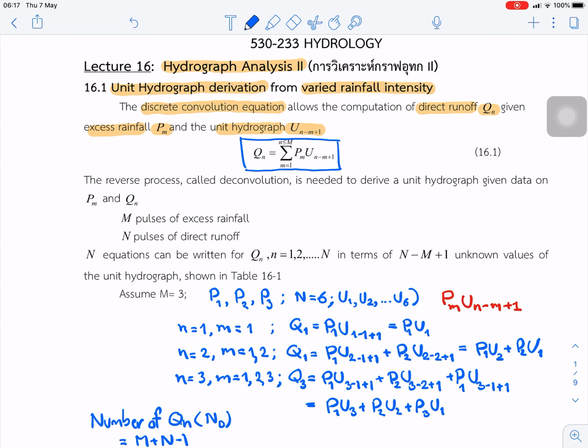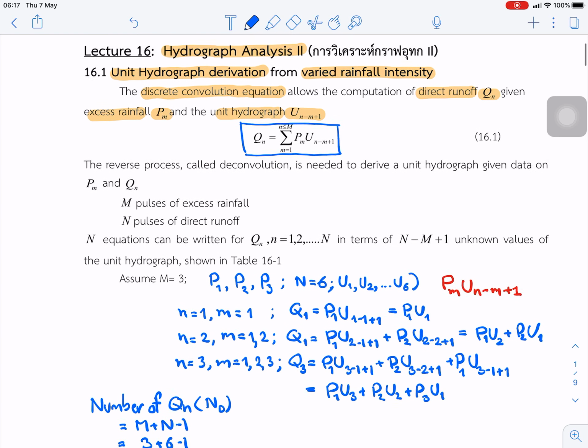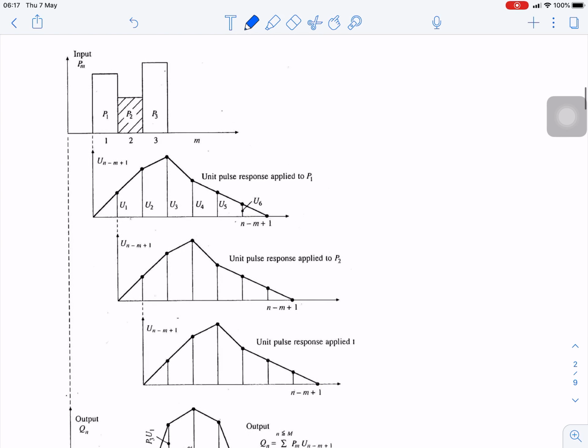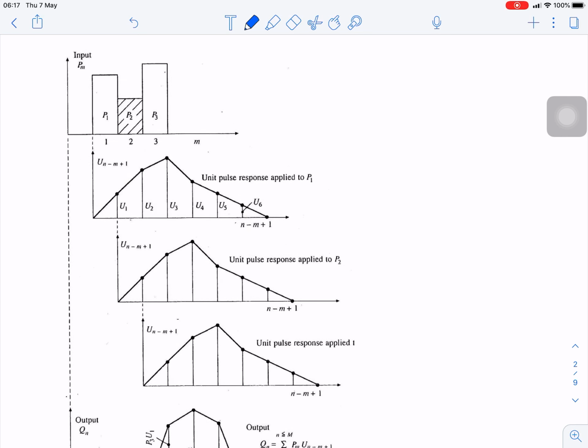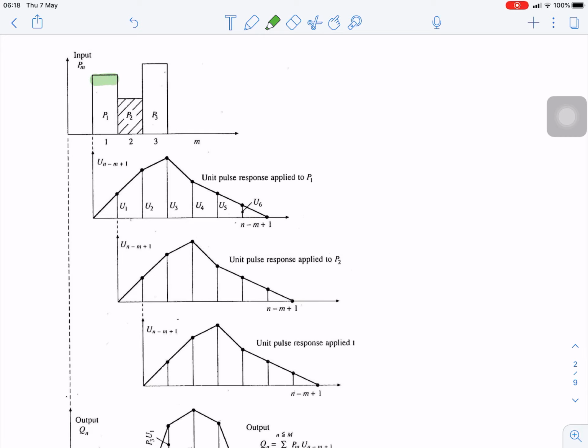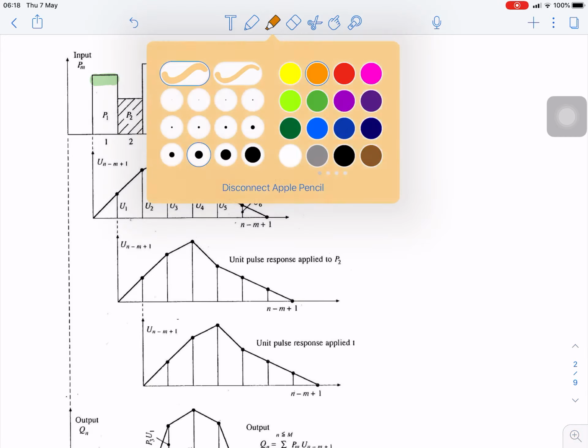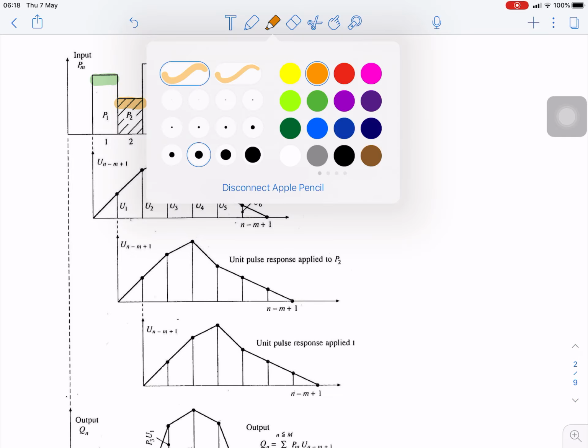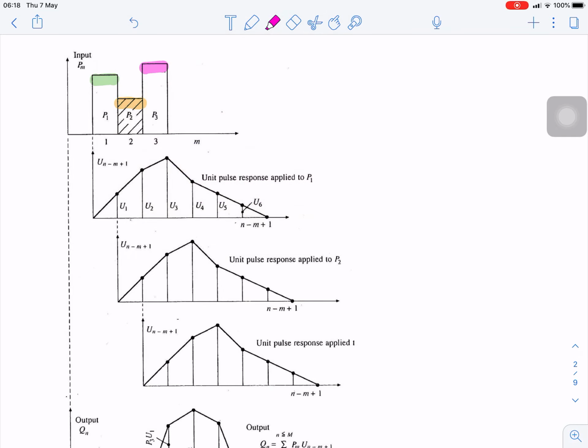For the graphical presentation, we can look at this picture to show how it works. In this case, if the rainfall intensity varies, we can divide it into small short terms. For example, this is constant for P1, this is constant for P2, and for P3. So we make the duration of rainfall short and keep P1, P2, P3 constant,